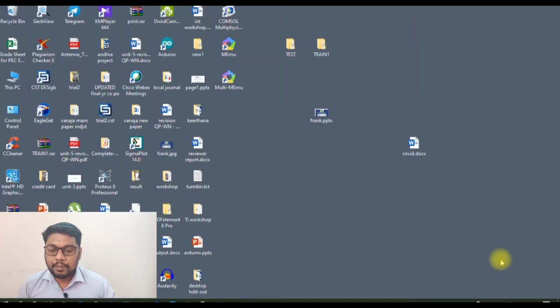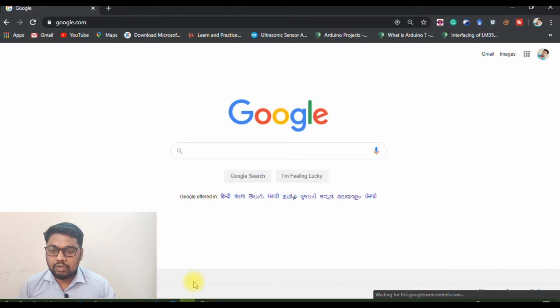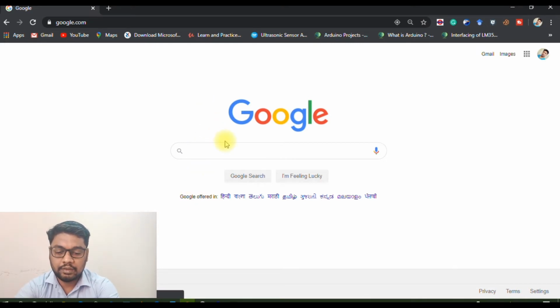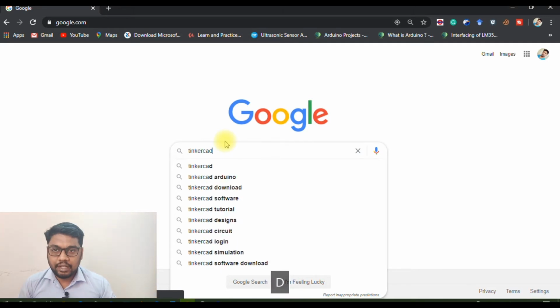First of all, in order to use this Tinkercad online platform, open any browser, go to google.com, and type Tinkercad and press enter.